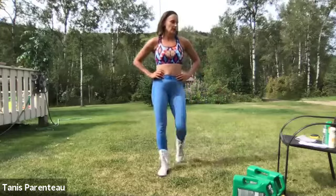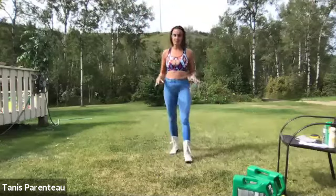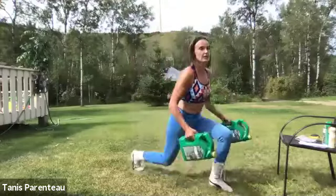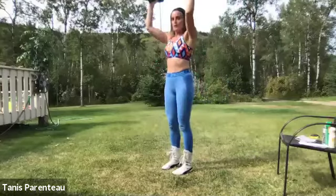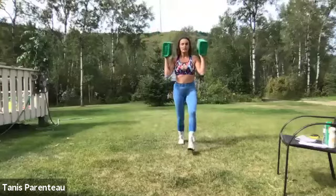Seven seconds left, and we're gonna go back to our walking lunge, but with the shoulder press instead of the curl. 2 seconds. Okay, grab your weights again. Now you are lunging, overhead press. Oh, let me back up. Lunging, overhead press. So you're walking,